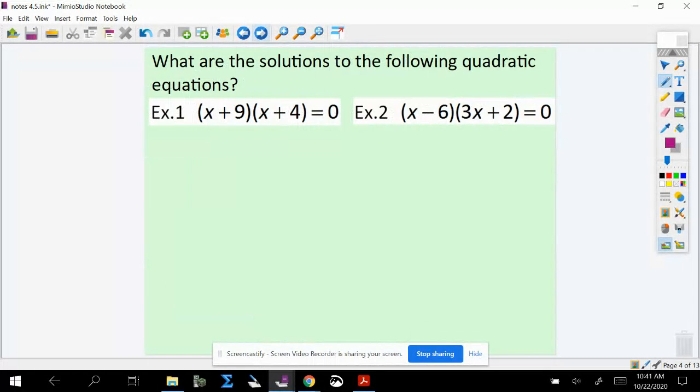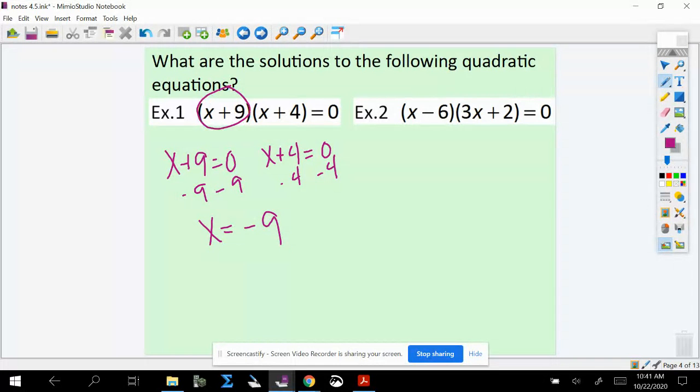So we'll start with really easy ones that are already factored, and then we'll go into ones where you have to do the factoring. If it's already in factored form, that's what this is called, factored form, you can set each factor equal to 0 individually and solve for x. So you can set x plus 9 equal to 0, and you can set x plus 4 equal to 0. The nice thing here is you can do this in your head. You usually do not have to do any work for this. You're going to get -9 because that's what's going to make this factor equal to 0. And you're going to get -4 because that's what makes this factor equal to 0. I have no problem with you showing absolutely no work for that because I realize that you can do it in your head. The next one, for this one, what makes that equal to 0 would be x equals